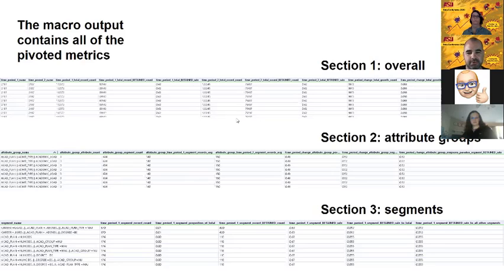But generally it's broken down into 3 different portions. One is the overall. This is just for all the students in your population. This is how many there were. This is how many there were the next year, if you're doing the time-to-time comparison. This is your growth rate. This is your retention rate, or whatever your outcome is, GPA above 3.0 rate. And the variable names where you see retained all in caps here, that's automatically populated with whatever the header was for your outcome column. So be cognizant that if you want that to be understandable, you want your input data to also be understandable.